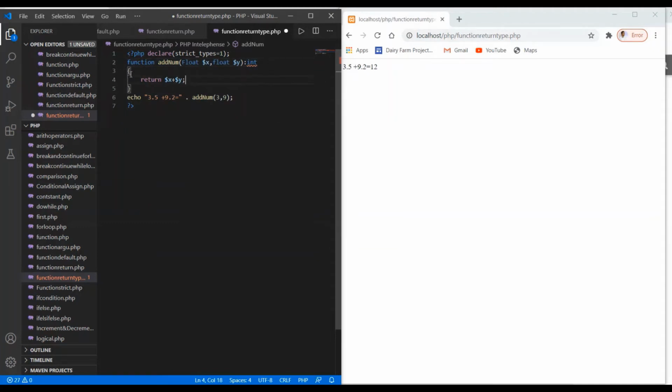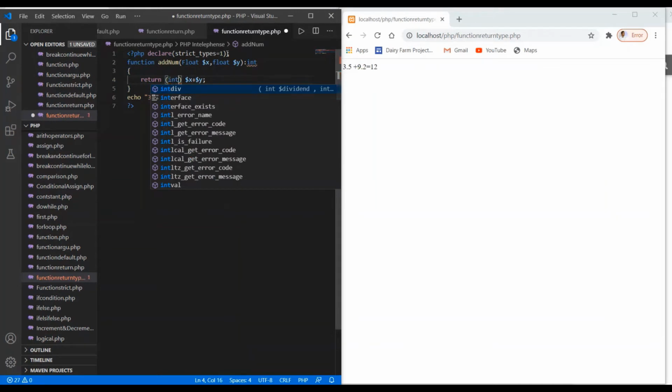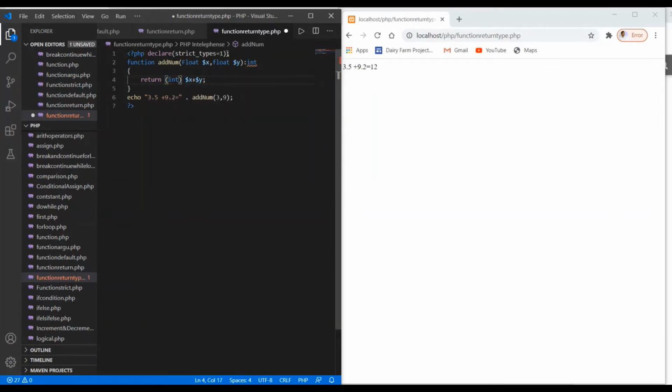Then we start the body, and here we have to write return, and in the parentheses I write the sum of the two variables, and close it. Save the changes, and here we go, refresh.